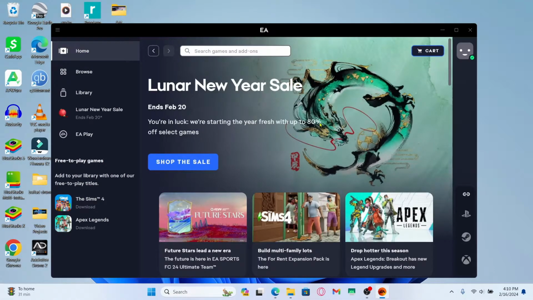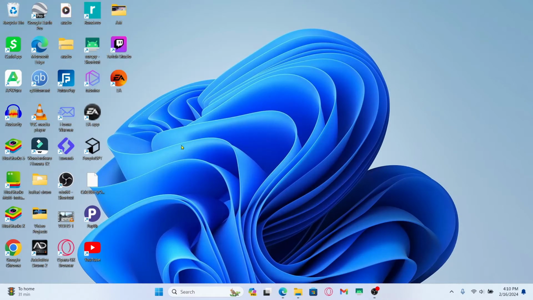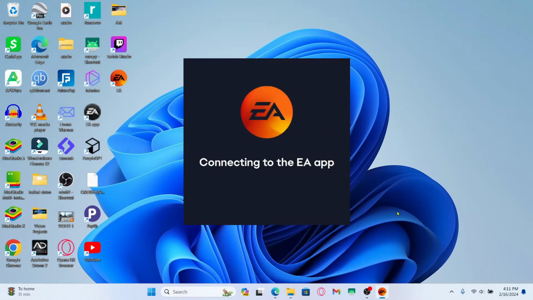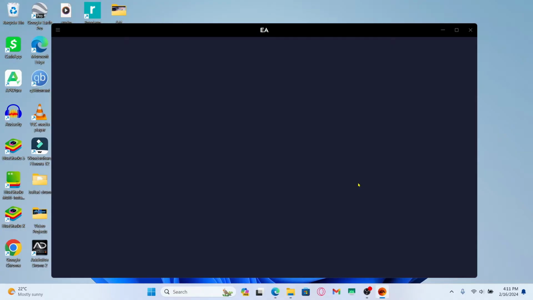Now try restarting the application after this by going into the menu icon at the top left corner and then hovering over to Help, and from the Help menu click on Restart App. This will now restart the application, and once the application has restarted, you will once again be taken to the home page. Now if even after you complete this step, the application is still not working properly, then the last thing